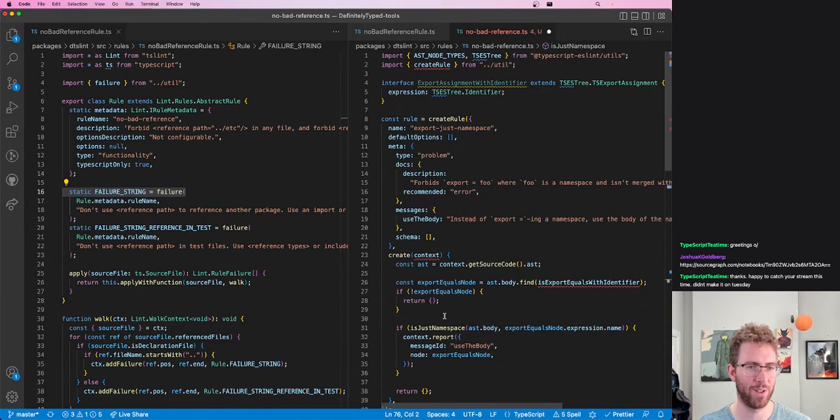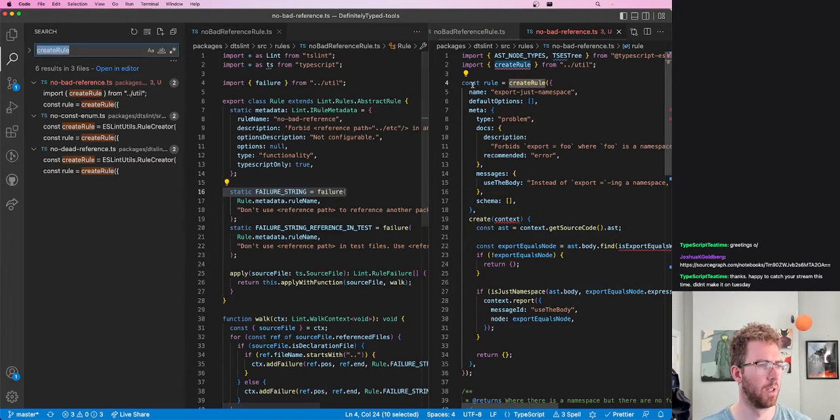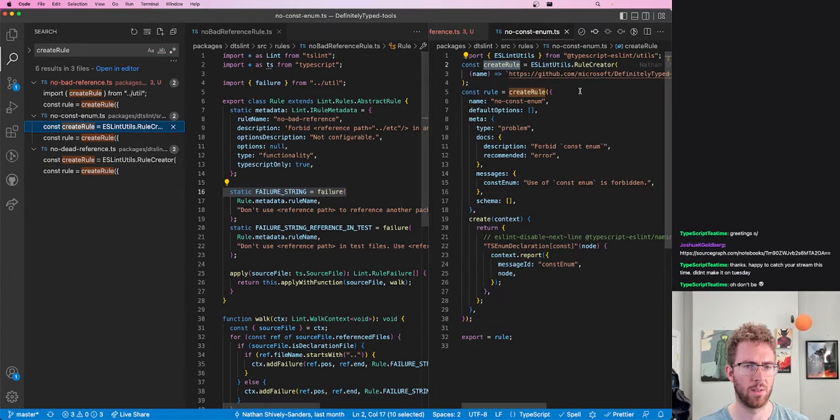But okay, so the first part of creating a rule is using the create rule function, which I have noted is in